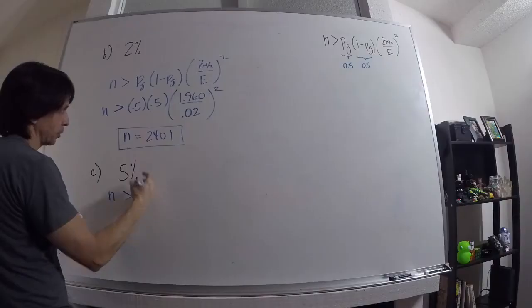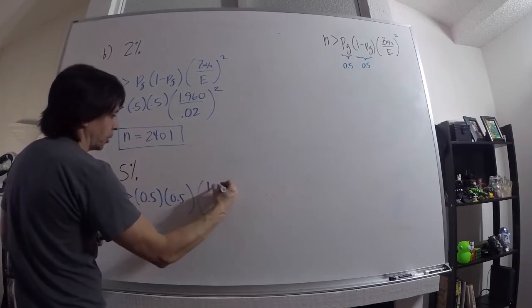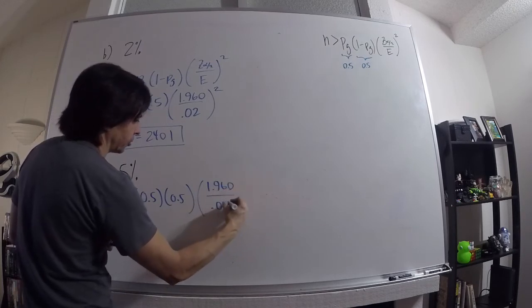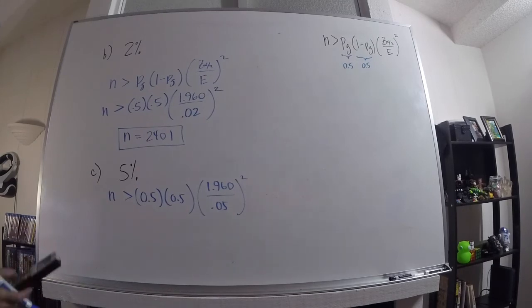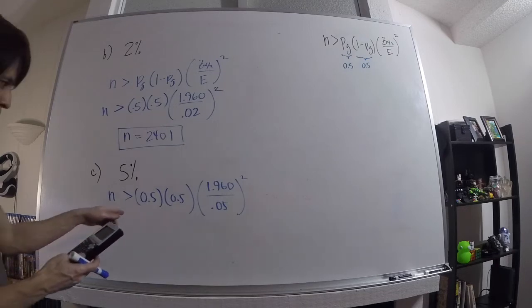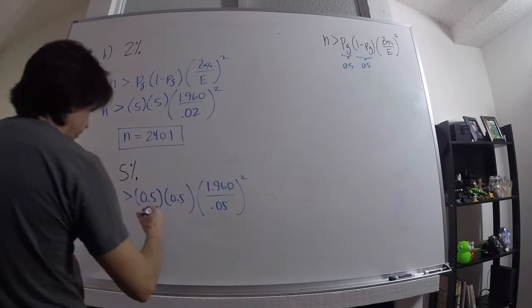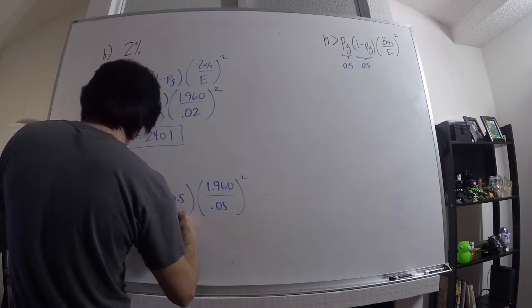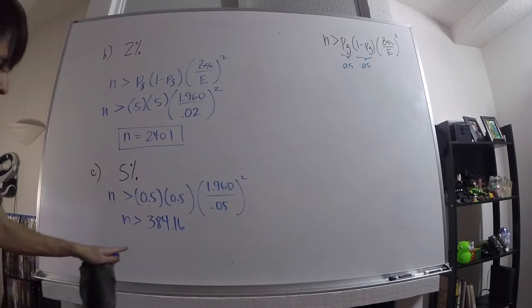And I'm not going to write it again. You have it right there. 0.5, 0.5, 1.960, 0.05 squared. Be careful, that's 0.5, that's 0.05. I got 384, okay. 384.16. There is another decimal that if you round it the usual way, it will round down to 384, but